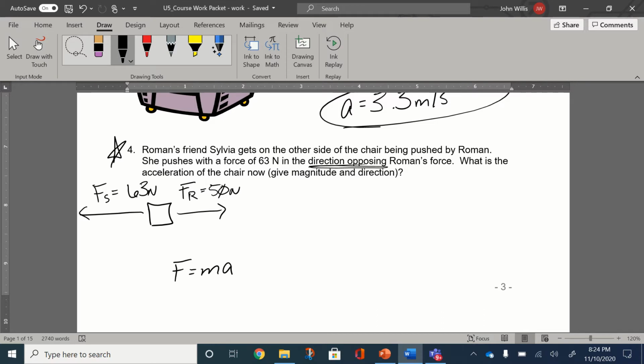If you're pushing this chair and someone comes along and pushes in the opposite direction as you, at very least, it's going to slow you down. There's a possibility that it could bring the whole thing to a complete stop if you guys are pushing with the same amount of force, or in this case, because Sylvia is applying more force, Sylvia is going to actually wind up winning. So we've got to come back to this idea that was from the text, from the book,